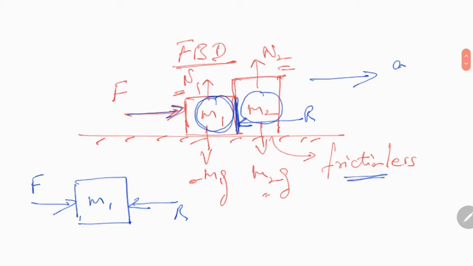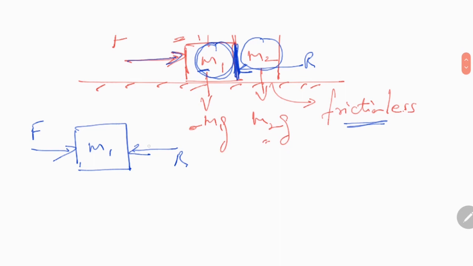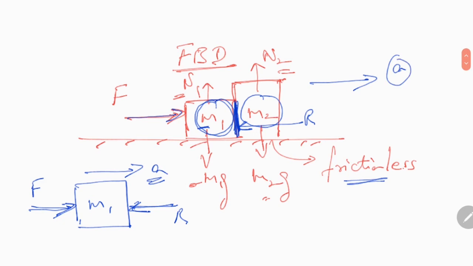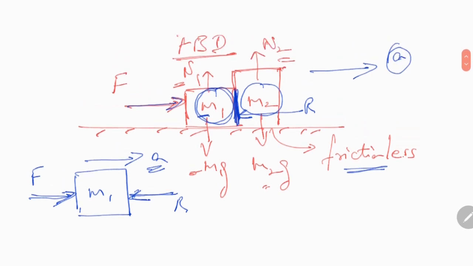This whole system will be moving forward with an acceleration of a. Remember, this is frictionless, so the slightest force will move both m1 and m2. However, please note that at this point in the middle, there is a reactive force applied, which is resisting the movement. So m2 is applying a resistive force which is trying to resist the movement of m1. Let's call that R. So you have one force here and you have a resisting force. And of course, the whole system is moving in the forward direction. Fair enough? And that will be nothing but a. So this a here and this a here will be the same because the whole system is moving with a. So this is your free body diagram number 1.